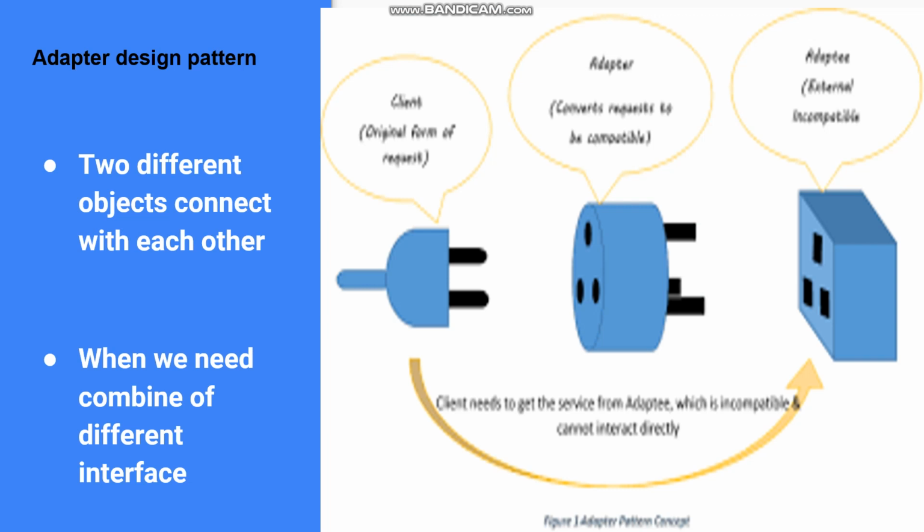of an adapter. In this example, a middle layer has an adapter which connects to one switch, and the other circuit board connects with it by an adapter. In the adapter design pattern, two different objects connect with each other, and we use it when we need to combine different